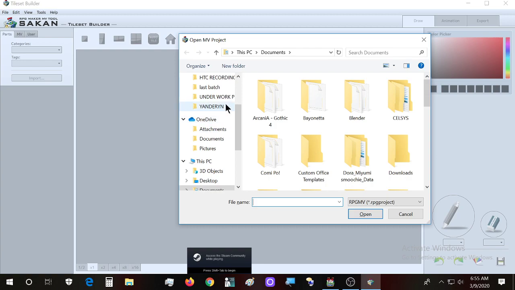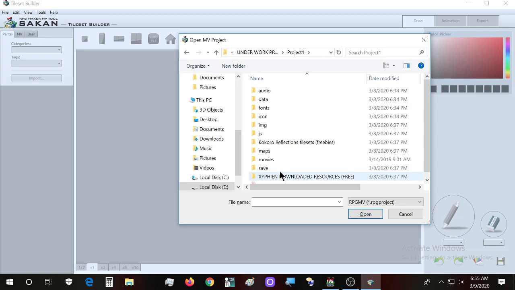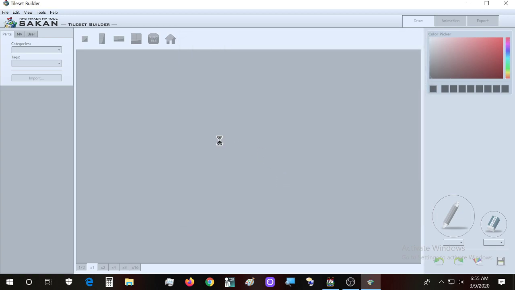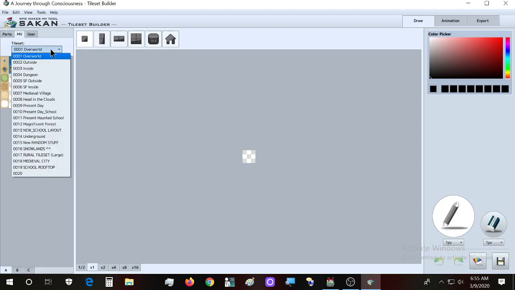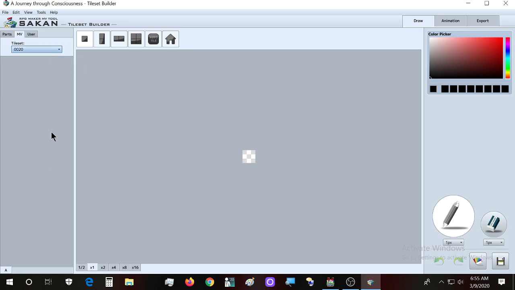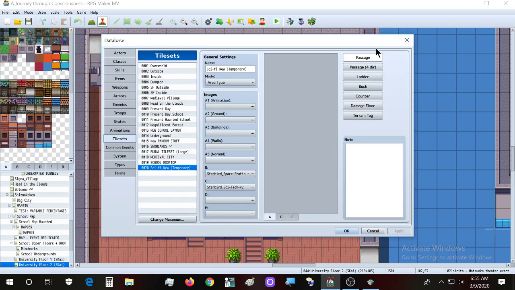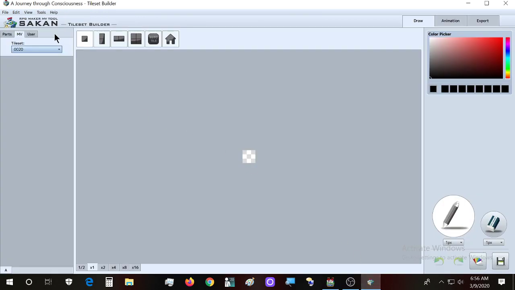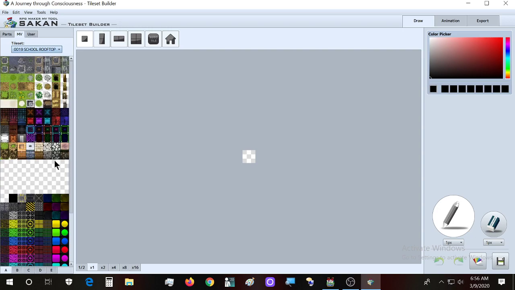Let's see, we have under work projects, project 1 and in here. Now for some reason it really does not want to understand this new tile set of mine, and I really don't understand why, but let's say for the purpose of this tutorial I'm going to say that, hey, you know,